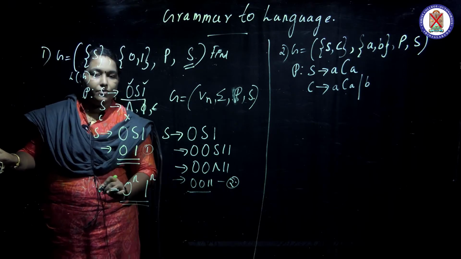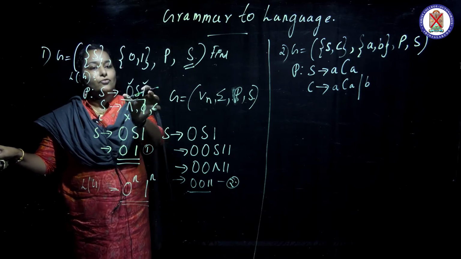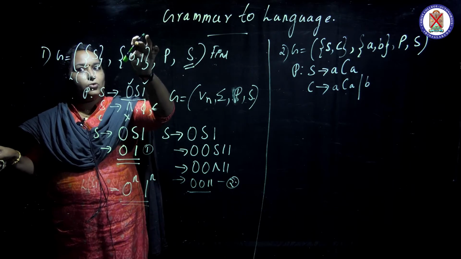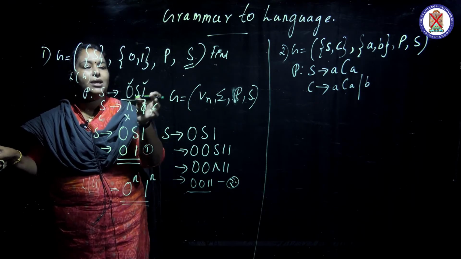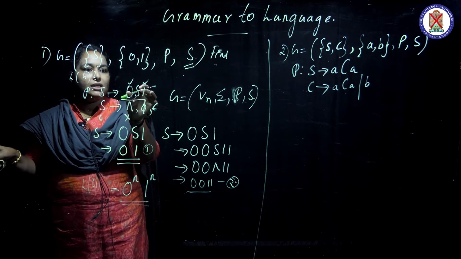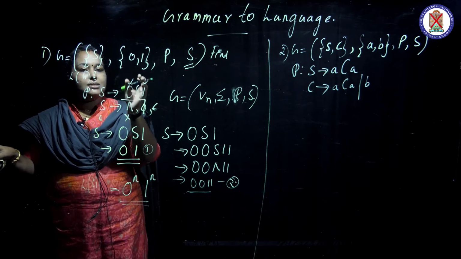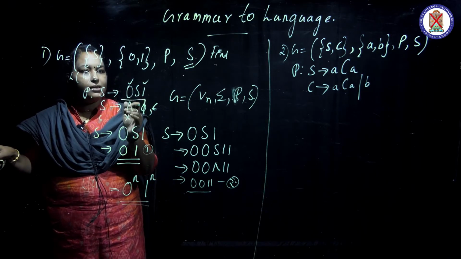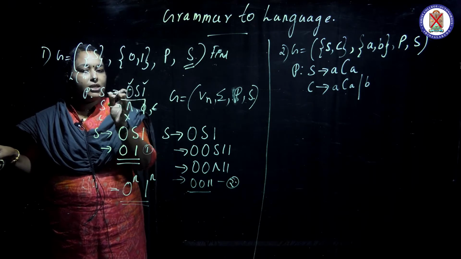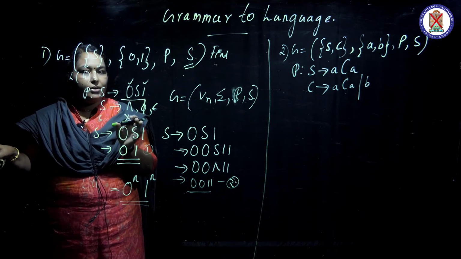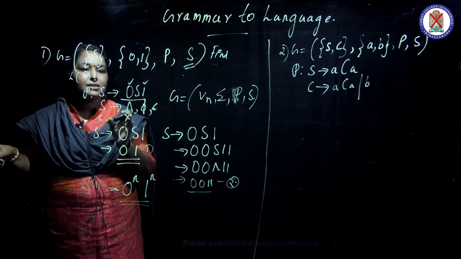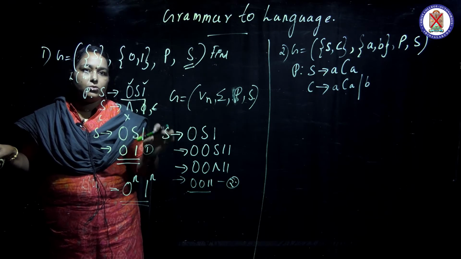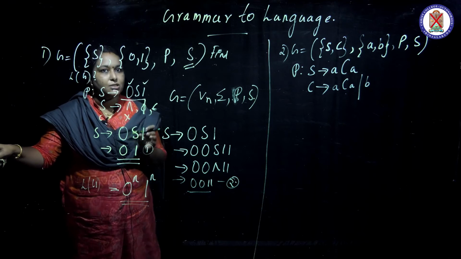So when you convert a grammar to a language, first of all look for the starting state, then look for the production, and also look for the sigma. What do we mean by sigma or alphabet? It can't be substituted. It is the maximally substituted form, called the terminal symbol. It can't be substituted again. Only variables, that is, non-terminal symbols, can be substituted. So substitute the non-terminal symbol and make the pattern in 2 or 3 steps.